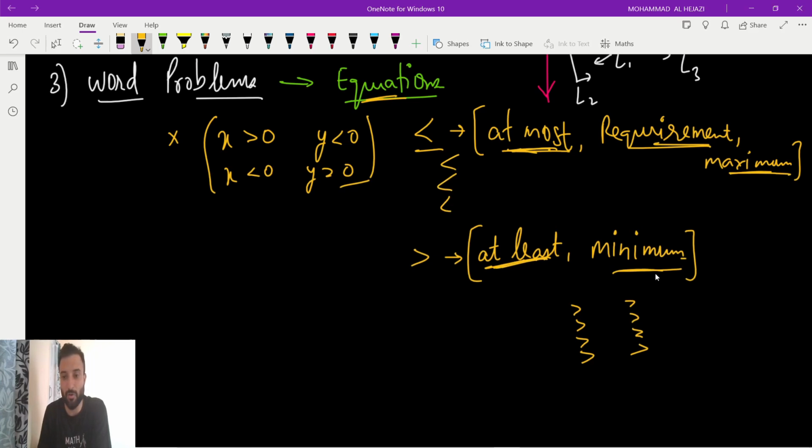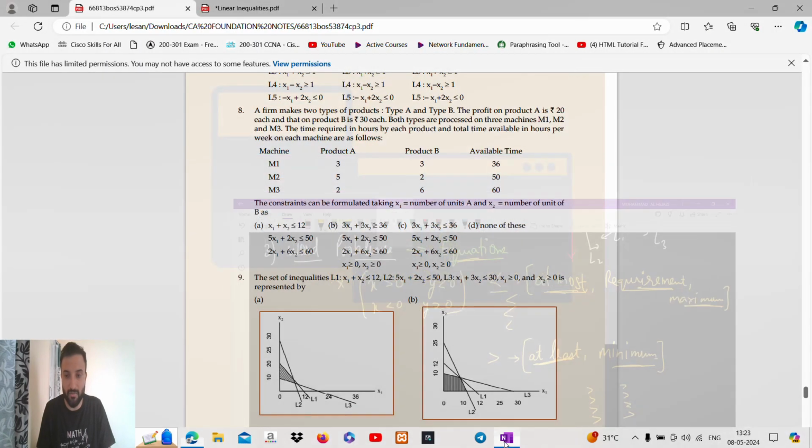If it is at least or minimum, it is greater than. That's it, you just have to remember the words. See guys, we are remembering the symbol and words, that's it. We are not bothering about the equation or the substitution or the calculation, we just bother about the symbol. And the last type of question is where they will say it like this,